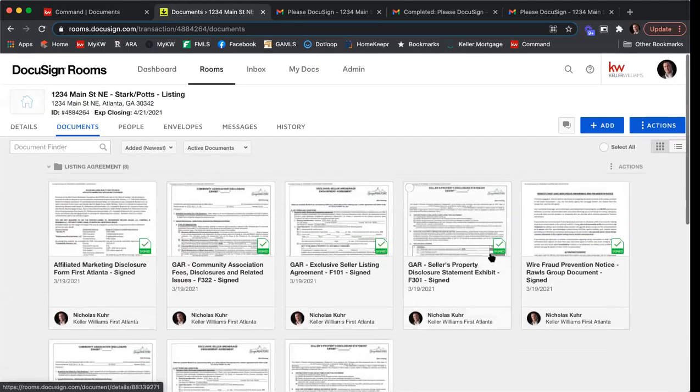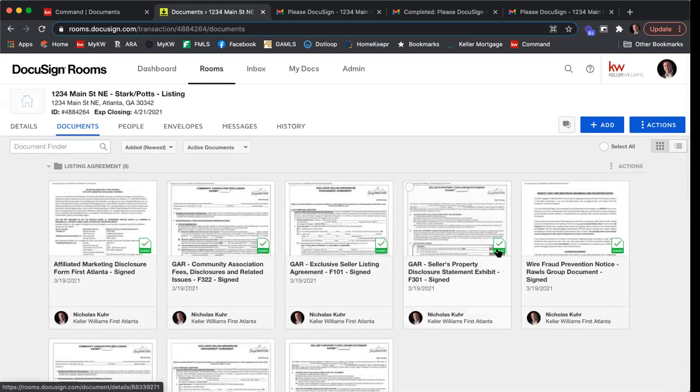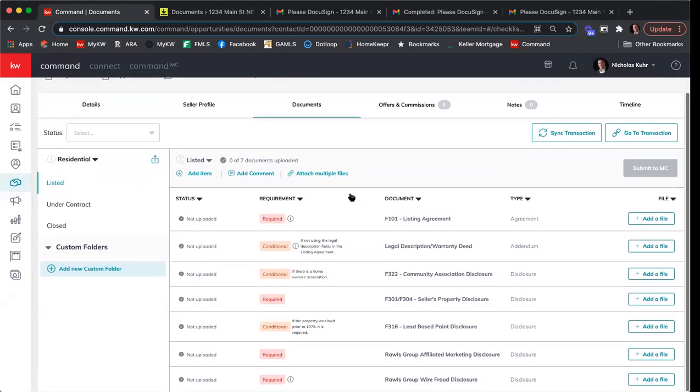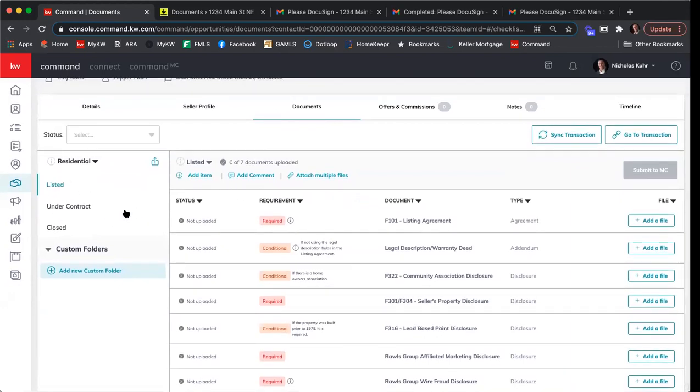Now that we have all of our signed documents, we need to go into Command and upload those for compliance review. So I'm going to click into Command. In Command, we have these folders in our documents tab with a list of documents that we need to upload. Since we have connected our room to Command, I can come over here